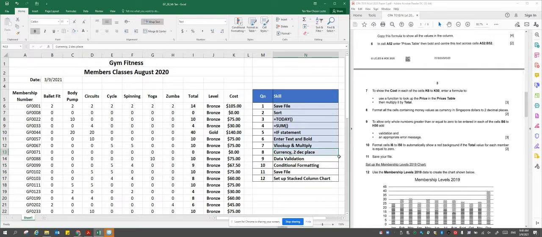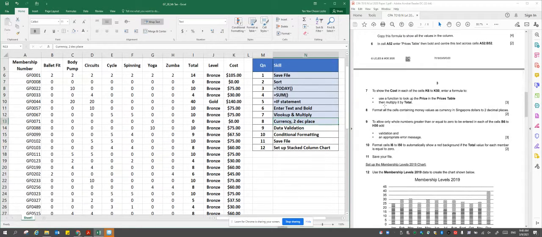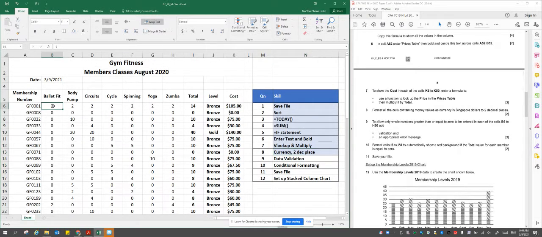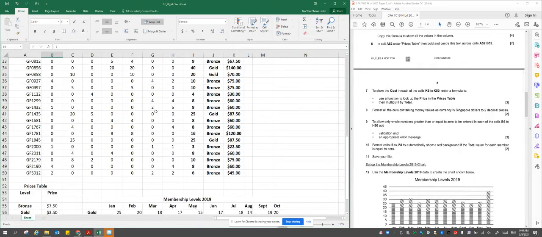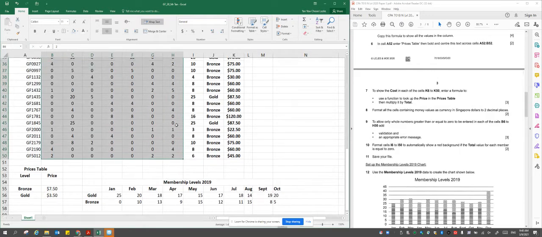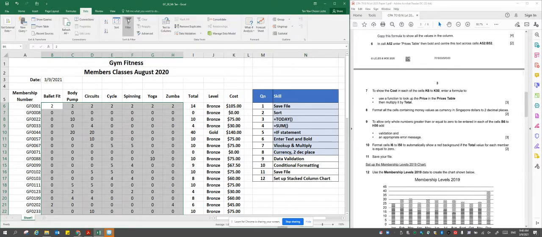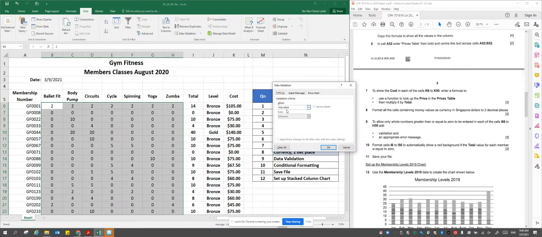So next one is question number 9. To allow only whole numbers greater than or equal to 0 to be entered from B6 to H50. So they want only whole numbers from B6 to H50. They only want whole numbers to be added. So this one, you've got to do data validation. Question 9, data validation. So you go to data and you click on data validation, and you allow whole numbers